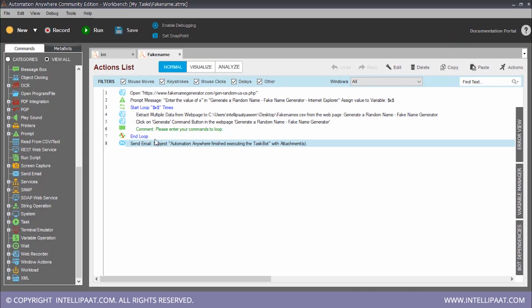The reason why I deleted the open spreadsheet command is because if the spreadsheet is open, then the attachment will not be sent. We see that even otherwise, right? So I wanted to show you the spreadsheet where the data is extracted only. That's why I showed that first and then deleted it when I had to send the email. I hope you understood how Automation Anywhere works and how exactly task automation is done and how easy it is to automate tasks to reduce the human workload.